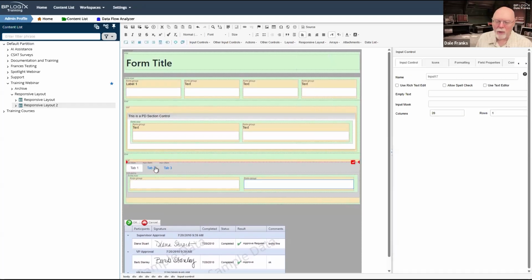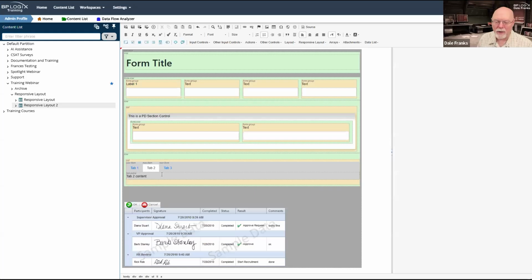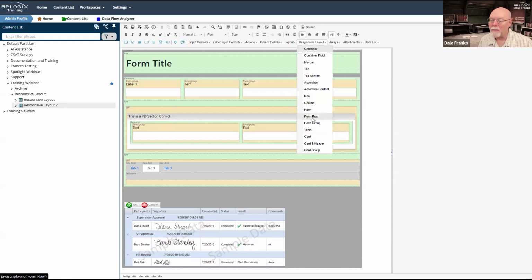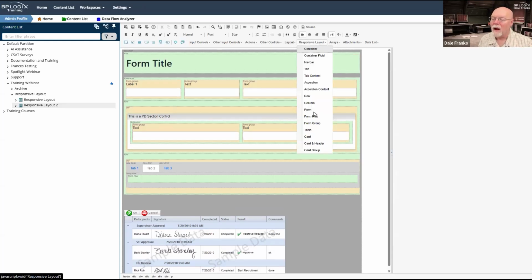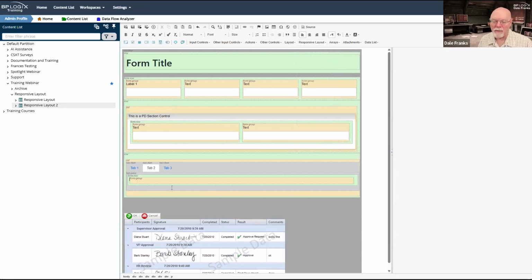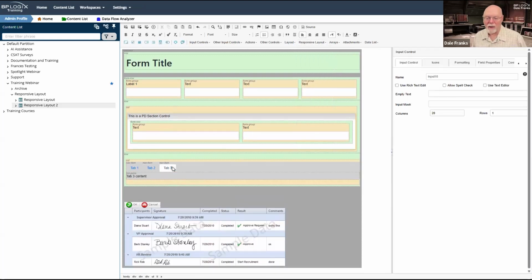All right, well, there's tab 1, and then let's go to tab 2, and we'll get rid of this content here. Once again, we'll drop in a form row, and on this one, let's just add one form group. And then we'll add our input control there, and then we'll go to tab 3.